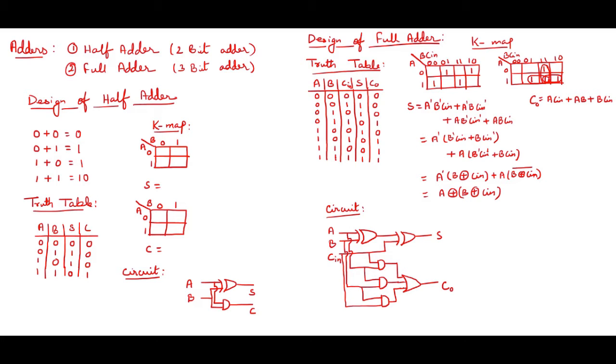Now to design a circuit we need the equation, so I'll take the help of K-map to design the circuit by getting an equation from that. So I'm going to take a two variable K-map. Why a two variable K-map? Because my S is depending on A and B and we have two variables. Similarly C is also depending on A and B, so for C I will take a two variable K-map, and for S also I will take a two variable K-map.